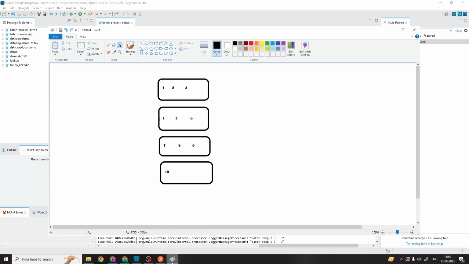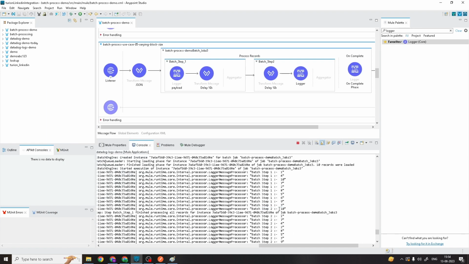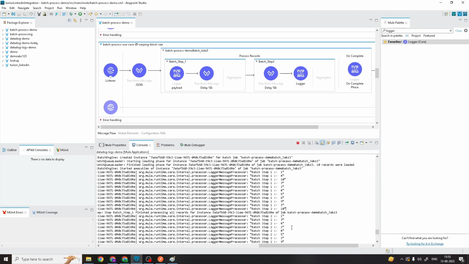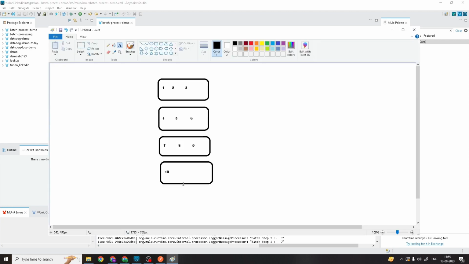Because the 10th record was in a different block, so it was passed to the next batch step. It was first passed to the persistent queue, and from the persistent queue batch step 2 picked it, because it was already processed. Then for the remaining 3 blocks, once they were processed successfully, the other batch step picks this block from the persistent queue and processes it, and prints